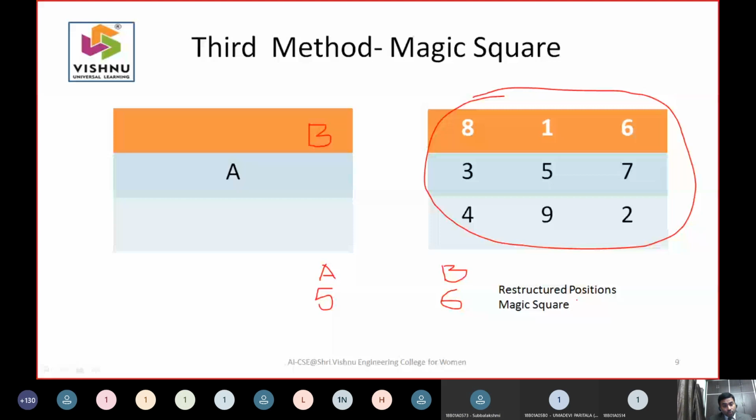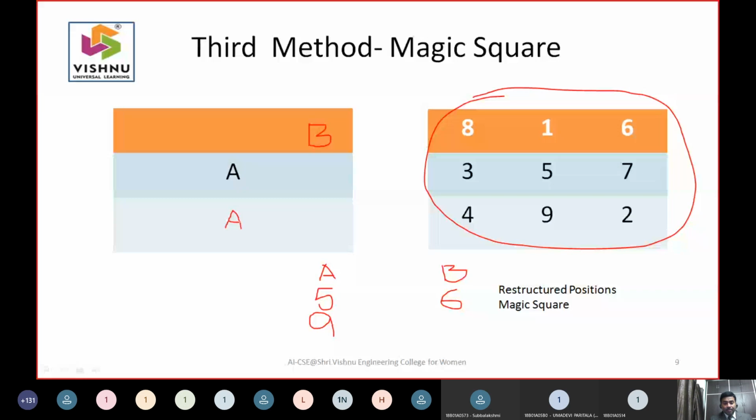So now who has to play the game now? A. So for A, what you have to do is, how many positions of B are complete? Only one position. That position is 6. Is it right? What is 15 minus 6? 9. You keep a 9 here. So what you are telling indirectly is, in the 9th position you keep A. What is the 9th position? 9th position is here. So your system says you keep A here.